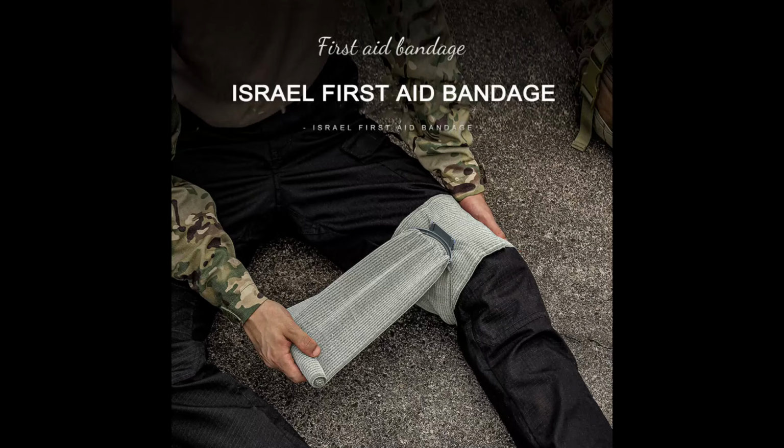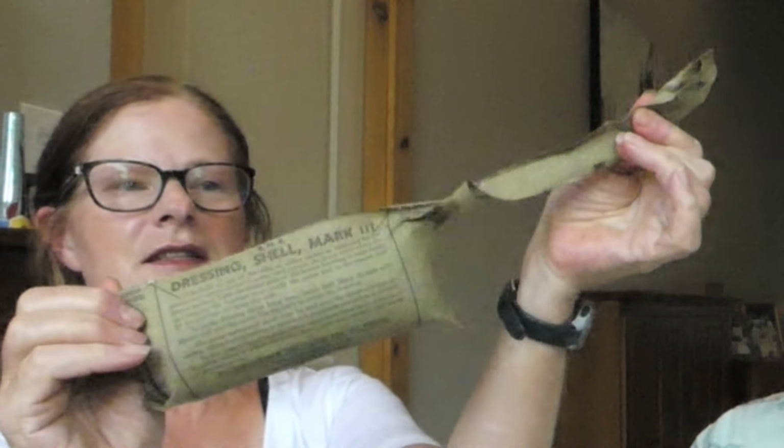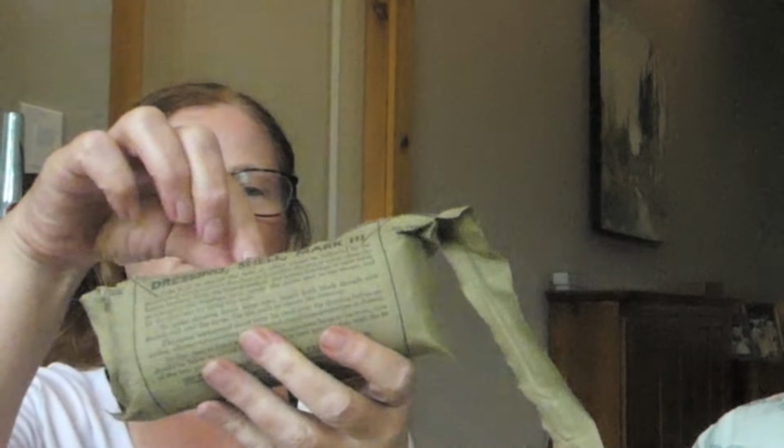They're pretty bulky. I guess this was kind of the Israeli bandage of the day. So anyway, Kitty's going to open it, and we're going to do this slowly and edit this quite a bit because none of us know how to deal with this. But it tells you to rip it open here. I think there's 2 little tear spots that you just tear it across like that. And then